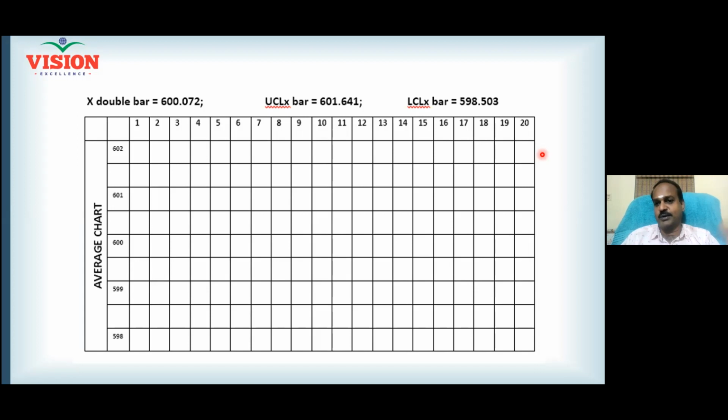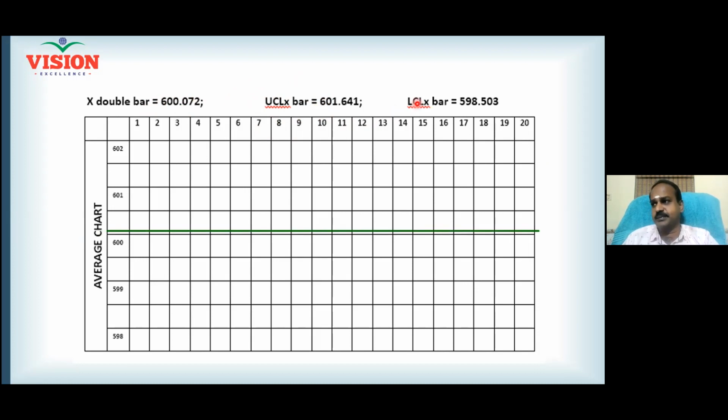All right. Now, moving on to the X bar chart. You know why I move on to the X bar chart? Because my R chart is under control. Now for X bar chart, the center line is X double bar. You know how X double bar came. And upper control limit will be X double bar plus A2 into R bar. And the value of A2 is 0.577 for a subgroup size of 5. Right? So all the calculations are done. You will see everything happening effortlessly in minute time. So upper control limit, lower control limit.